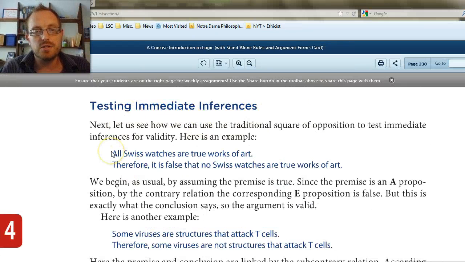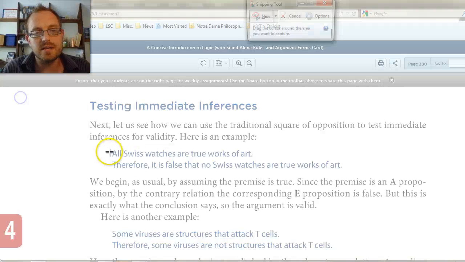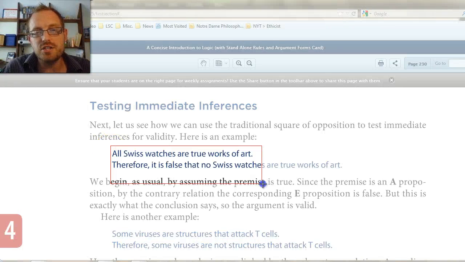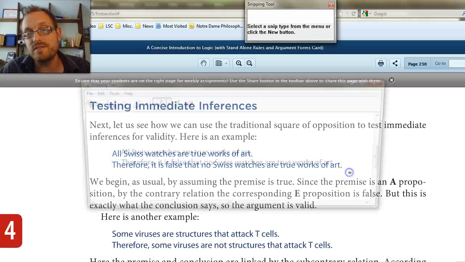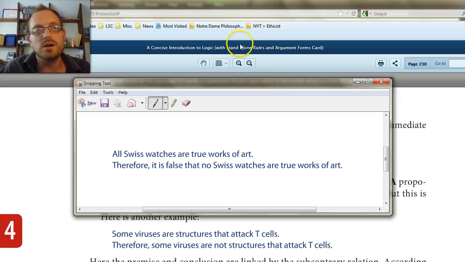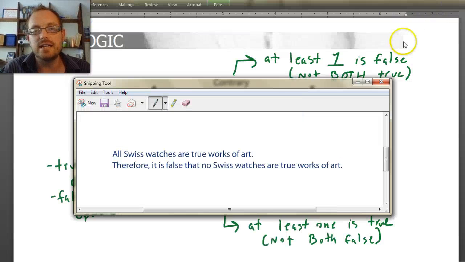Okay, let's start with this one. All Swiss watches are true works of art. In fact, let me snip this. And again, we're not doing full arguments. Eventually we'll be doing full arguments. All we're doing right now is taking a look at